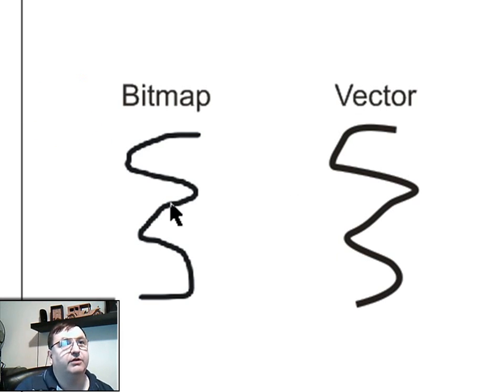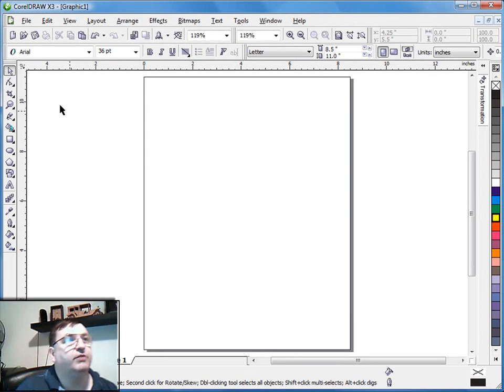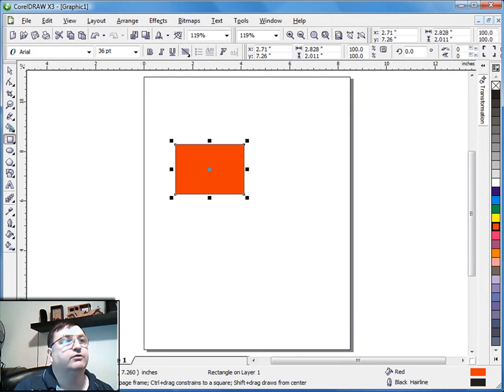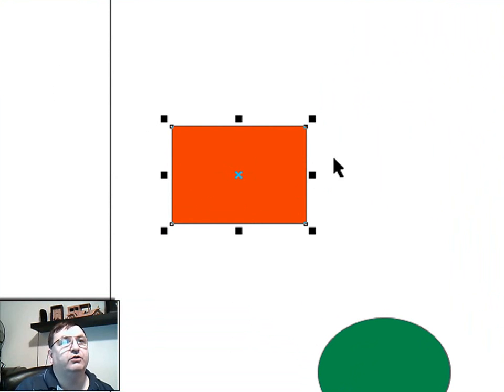Okay, a couple more things I want to talk about tonight, and I'm going to try to make this a quick video. We're going to talk about selecting objects on the screen. If I create a couple of objects here on the screen, we'll do a rectangle and an oval, and I have my pick tool selected, which is the tool in the upper part of the tool menu bar, and I click on this particular object, you'll notice that it puts these handles around the object. Now these handles give you the ability to resize and move this particular object.